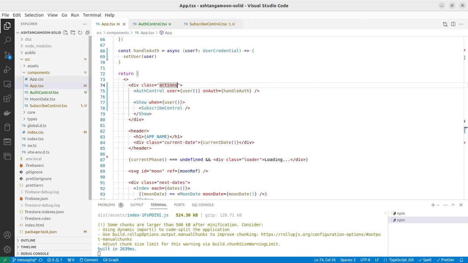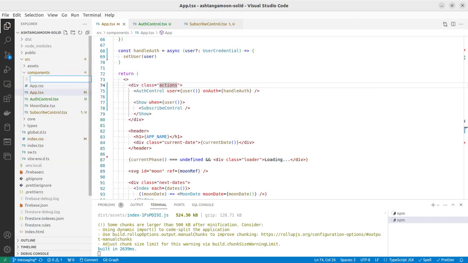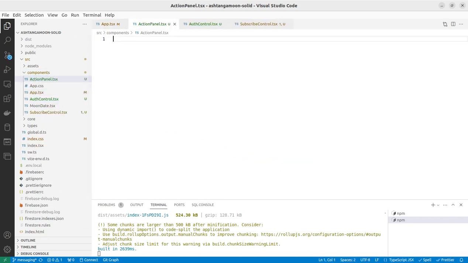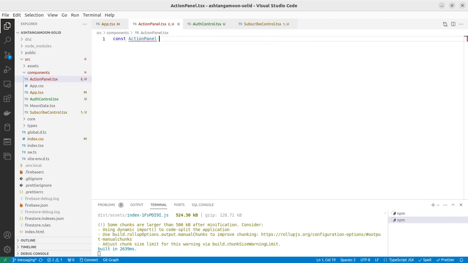For now it's good. Let me create a new component for it. Action panel TSX. const action panel,